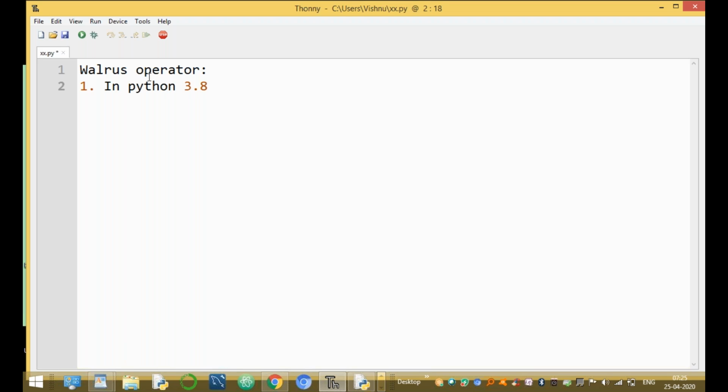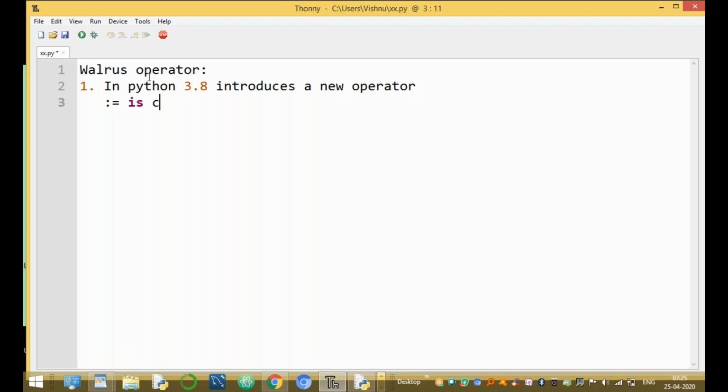Up to Python 3.8, that is versions 1.0, 2.0 and 3.0 up to 3.8, this operator is not available. In 3.8, 3.8.1, 3.8.2 and above, it is available. Python 3.8 introduced a new operator, colon equal to.